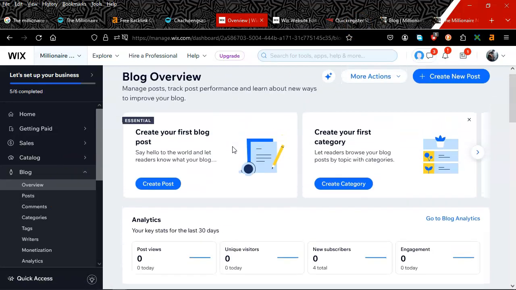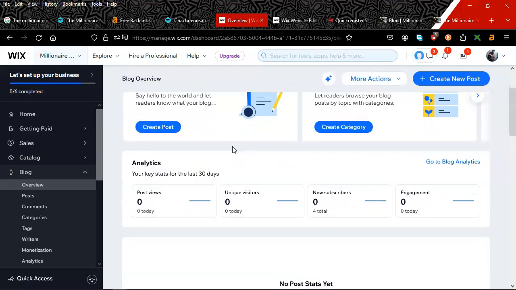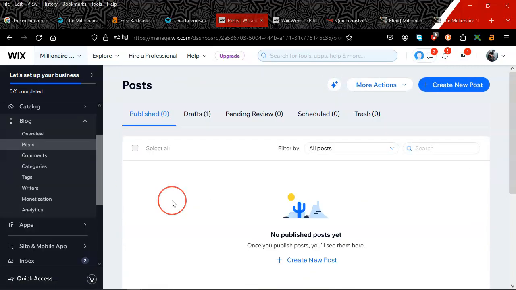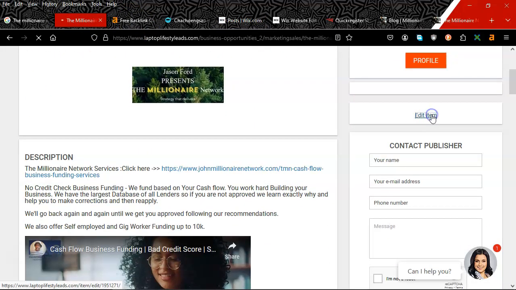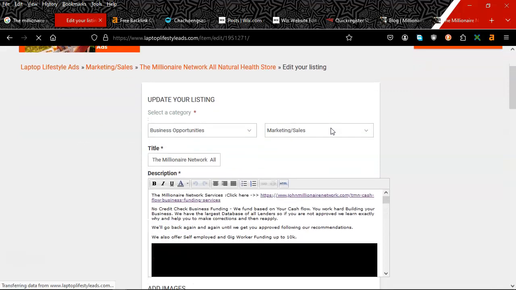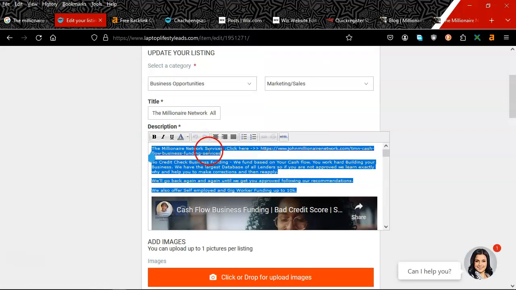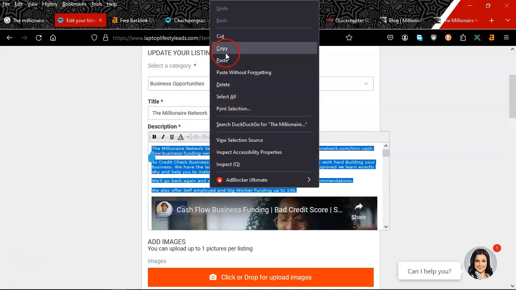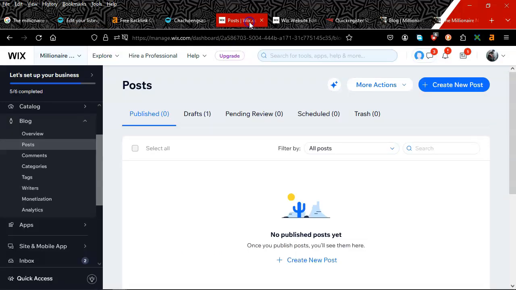No, this is not the setup I wanted to see for the blog. Hold on one second. All right, so how do you write a blog? It's really, really simple. You go over here to your ad that you already placed, right? You already wrote this out. It's already basically your blog. And you'll go in there and you're basically just going to copy and paste everything. Now, you don't want to use HTML, so you're just going to copy it as is. And you're going to have to add the videos back into your blog as you're posting it.